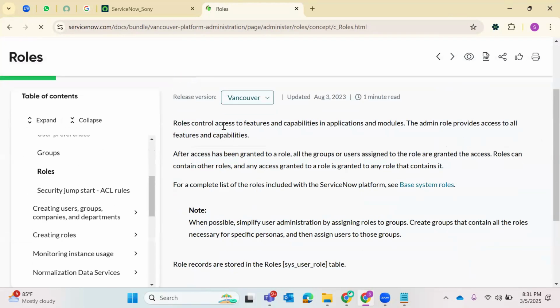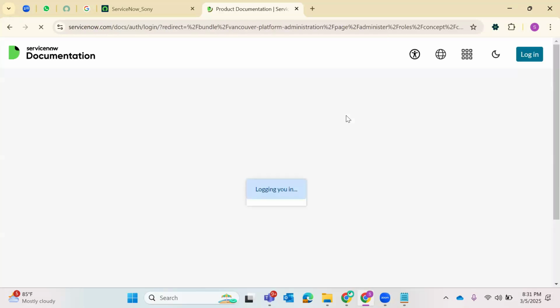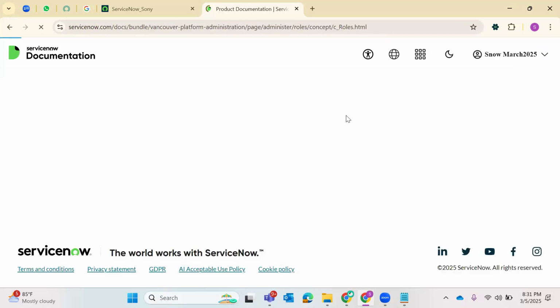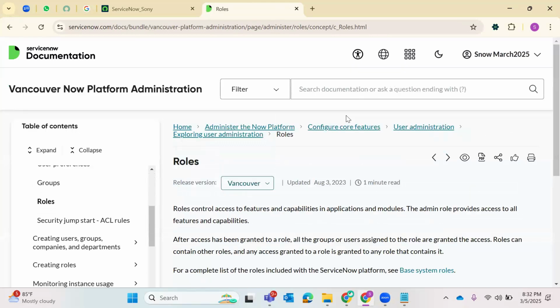So roles control access to features and capabilities in applications, especially what menus and modules we can see. As Naresh was just sharing his screen, he has created a new user profile. He's in his new user account, but he doesn't have those specified roles. That's the reason he's not able to create a user record. So roles are important to see menus and